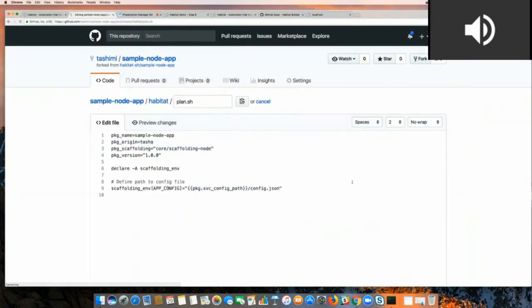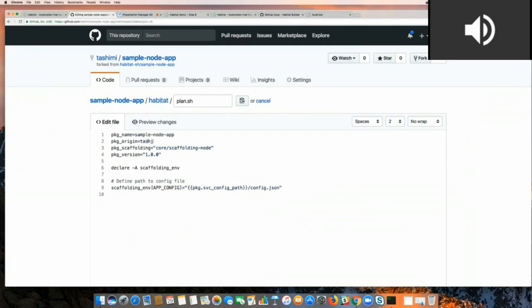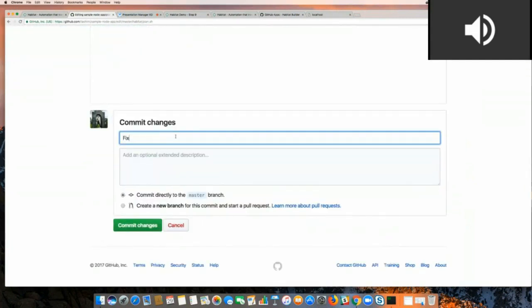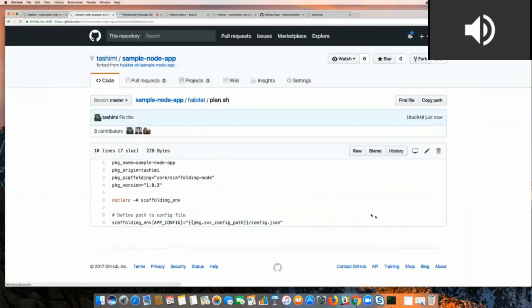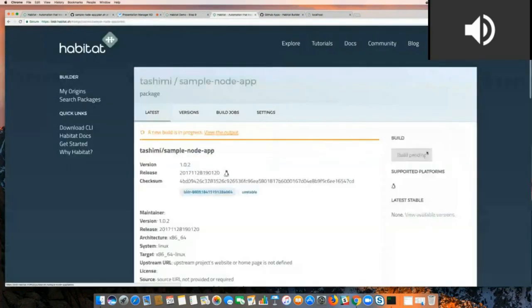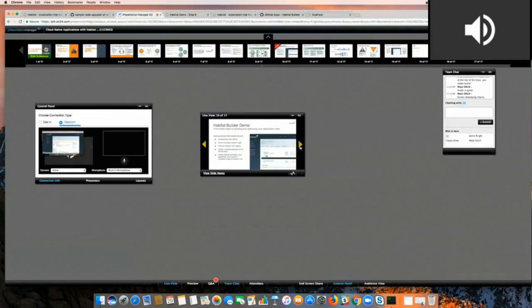And what I would need to do to fix it is go in here and rename this one Tashimi and put 3 here. And now my keys can match. And then I'll have to wait for this one, because now I'm going to append another build that failed. So I'm going to go back over here and instead show you